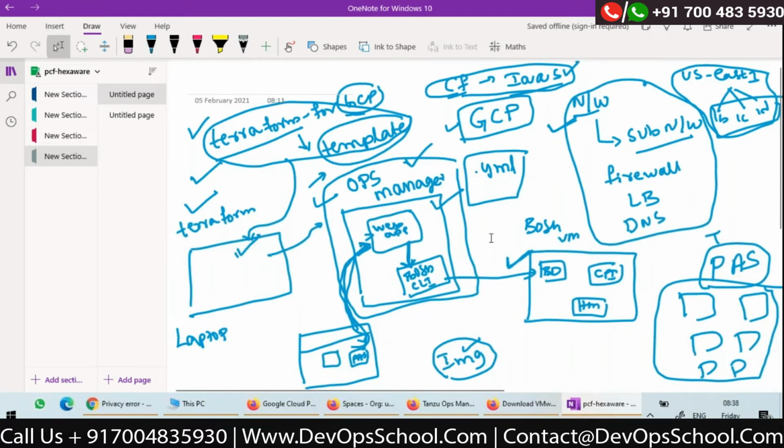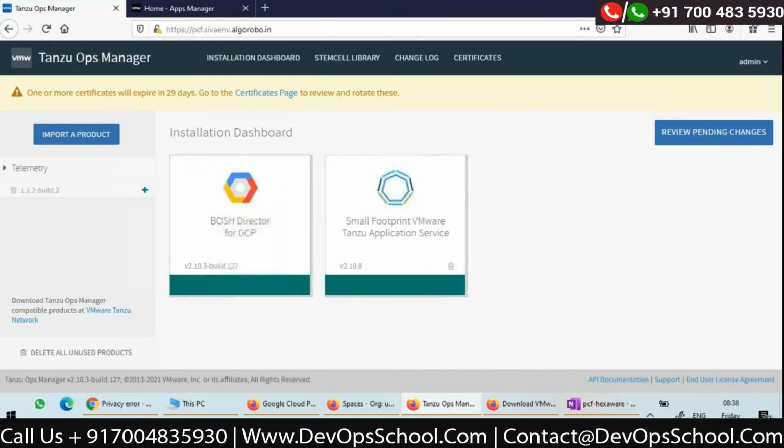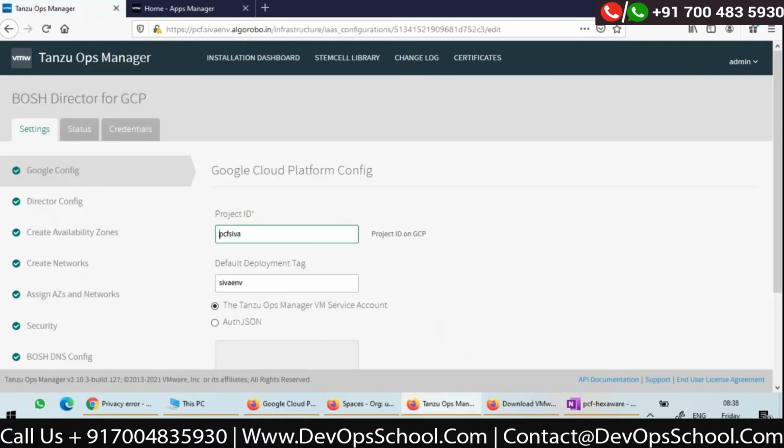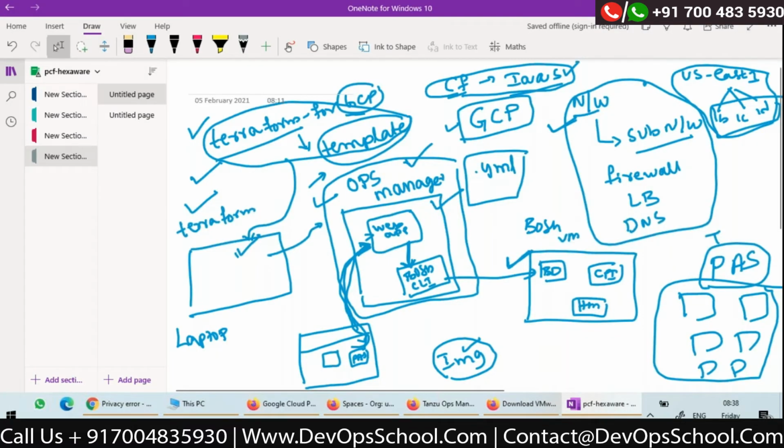CLI. Now what? For this web application, we have a UI where this icon will be there already. Here, this will be in orange color. I click on it. Orange color means it is not configured. I click on it. Whatever information we were earlier giving using the YML file,